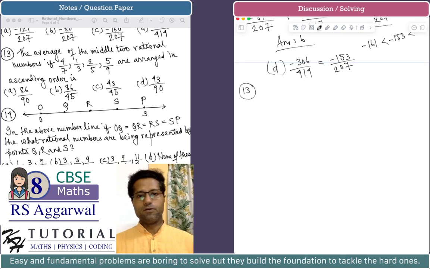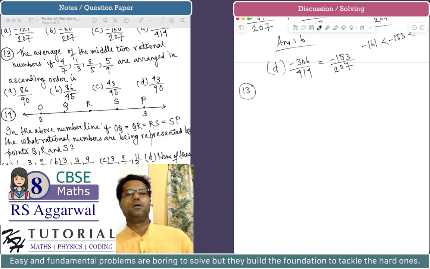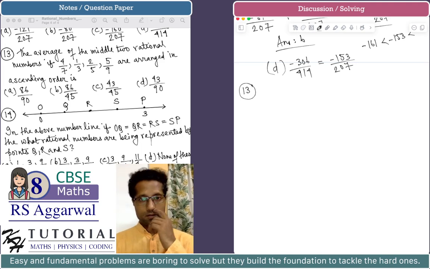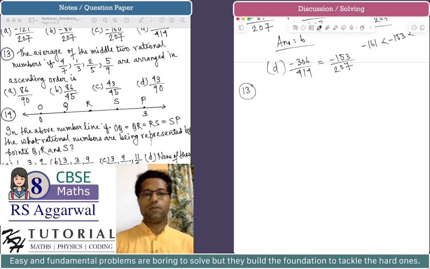The average of the middle two rational numbers, if 4 by 7, 1 by 3, 2 by 5 and 5 by 9 are arranged in ascending order, is... So if the four rational numbers are arranged in ascending order, the average of the middle two will be,